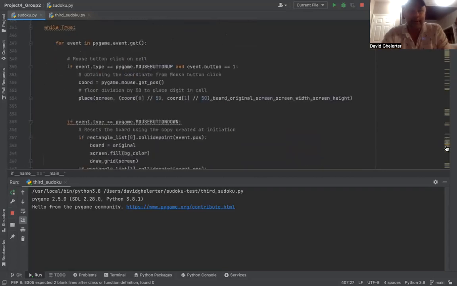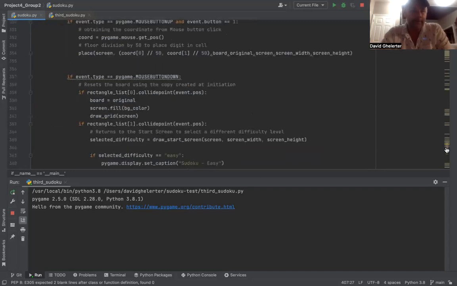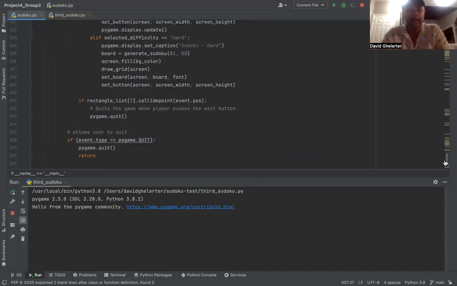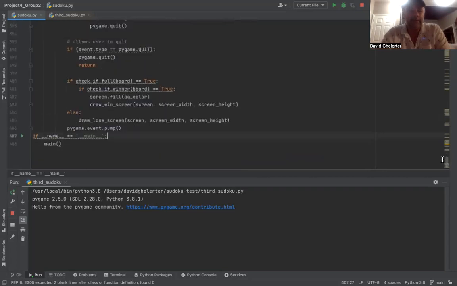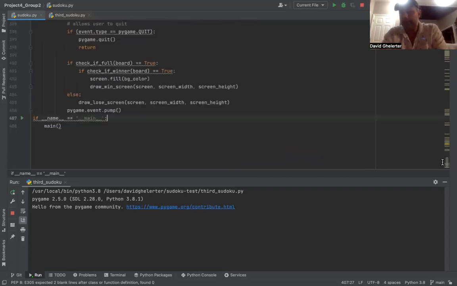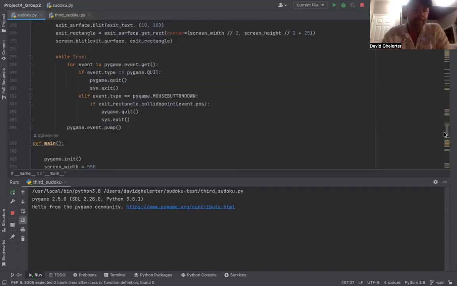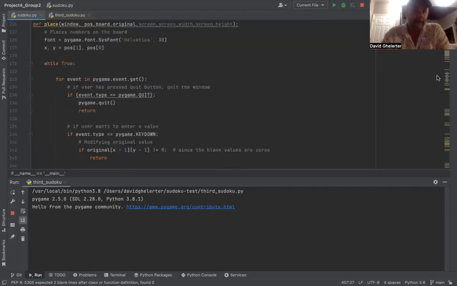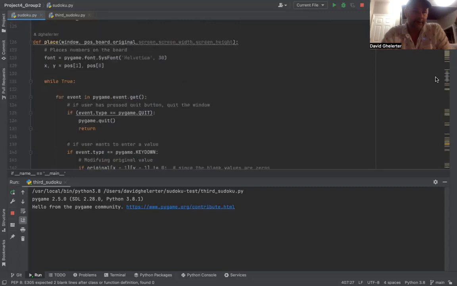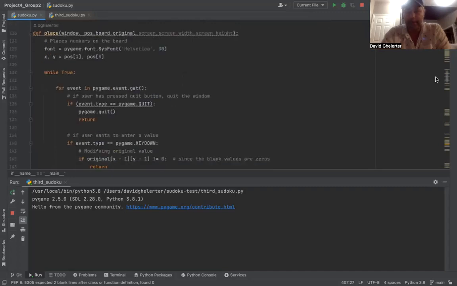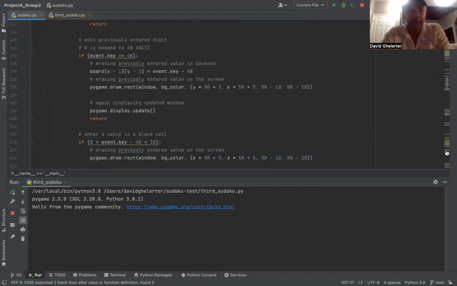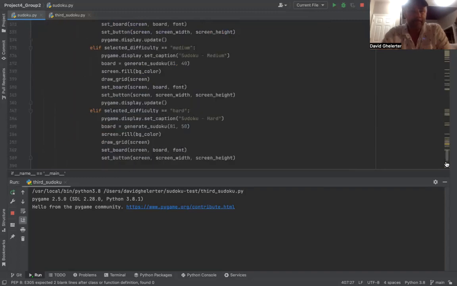Our game loop allows for several different events that allow people to affect the game. And then we have some code on the bottom here that, once somebody has filled up the board, that condition is checked, and then a win or a loss is determined. As I mentioned, we've got a number of functions here. This one right here I'll call out. This is what actually places the numbers on the board. See it here. And I am going to switch over to